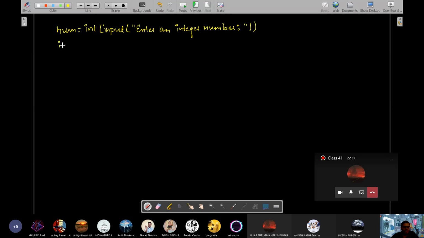Okay, right. So now we will check if num is greater than 0, you have to print table of num. How will you print table of num? So what was the program for table of any number? For I in range 1 to 11, inside it, for I in range 1 to 11. And then you will print num into I. Correct. Good. So that is done. If it is greater than 0, then you will do this, print the number.